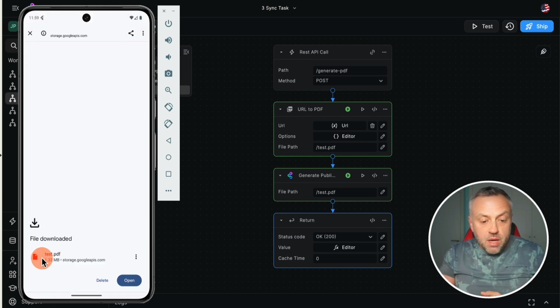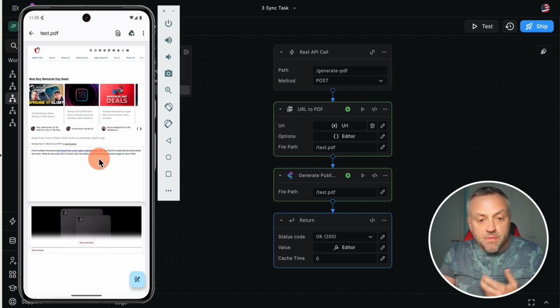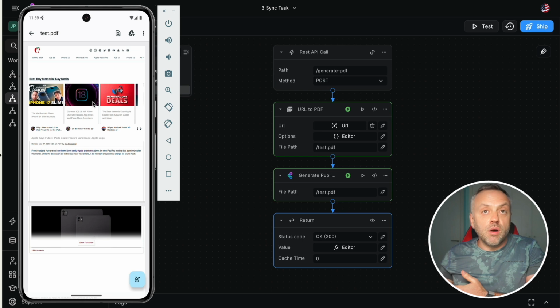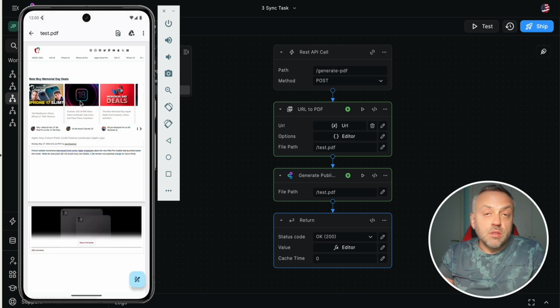We're going to do this, and here it has just downloaded the PDF. We're going to click on open, and it's going to open up this PDF. And as you can see, this is a PDF of Mac Rumors, exactly as was the case when we tested it, except in our app, we have this nice user behavior. It immediately redirects the user to our generated PDF of the website so that the user can consume this website. They can also share it if they want, or save it, or do pretty much anything that they want with